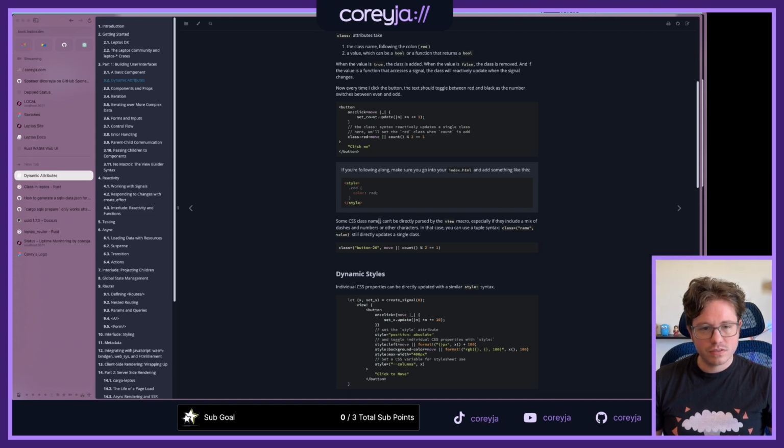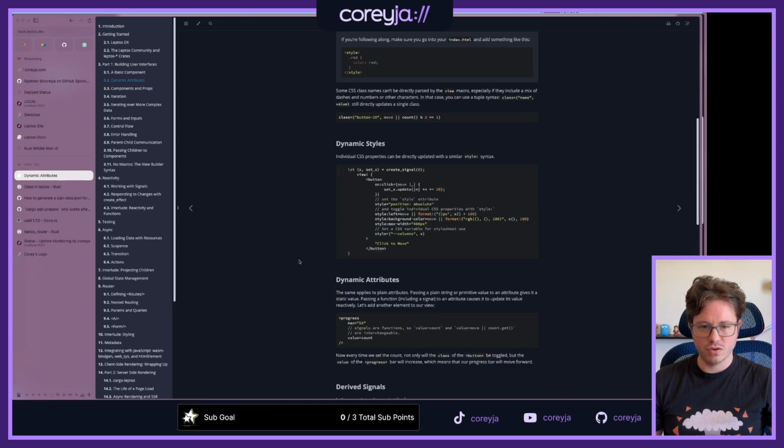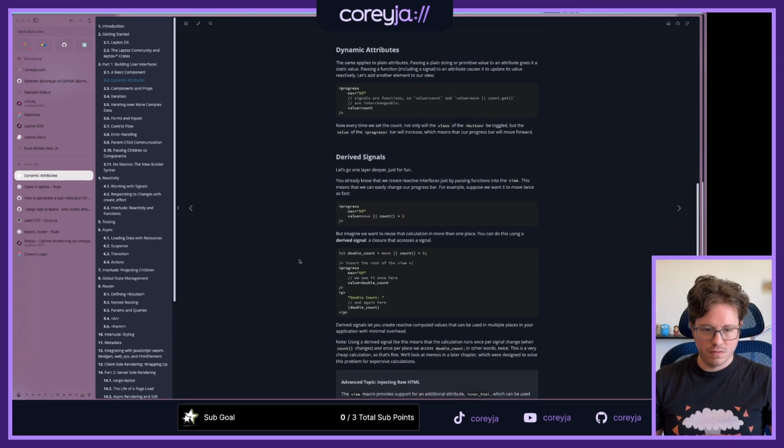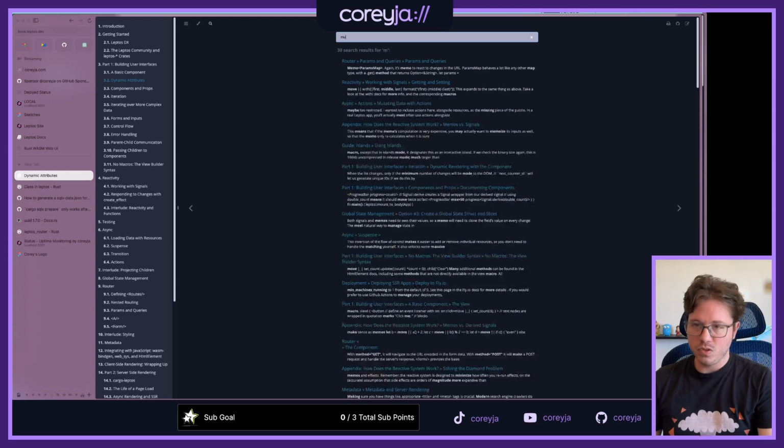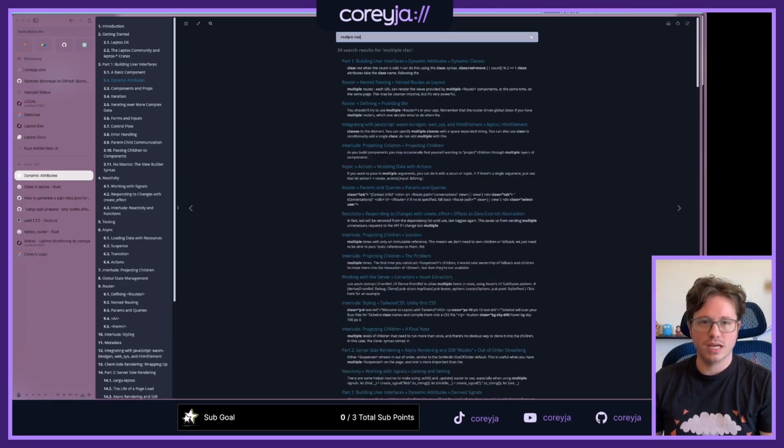Wait, what is this? Especially if they include a mix of dashes and numbers, because you can use the tuple syntax. Gotcha. Okay. I don't think that's what I want either, though. Can I have multiple classes? It doesn't tell me anything about that. Multiple classes.